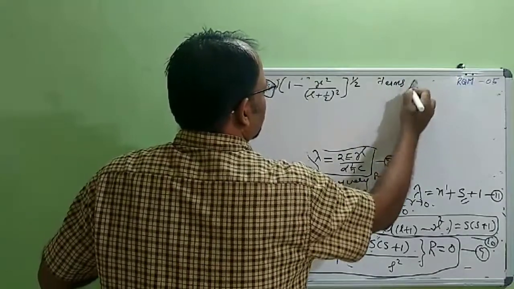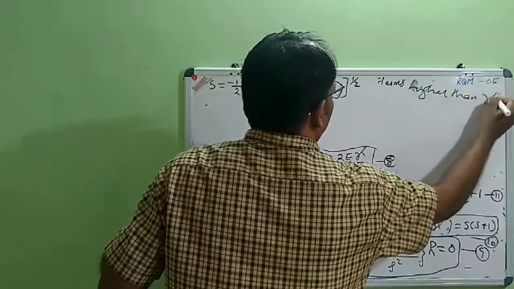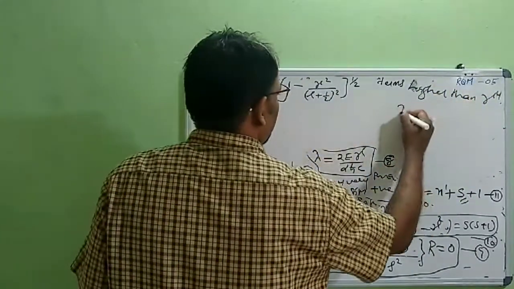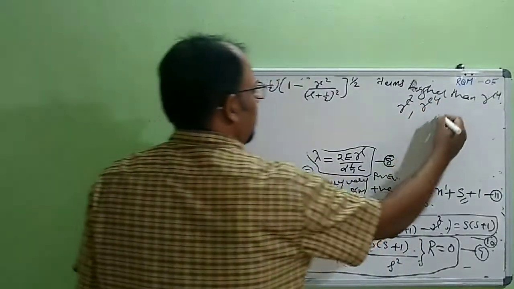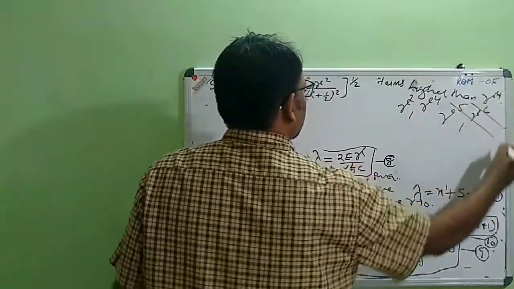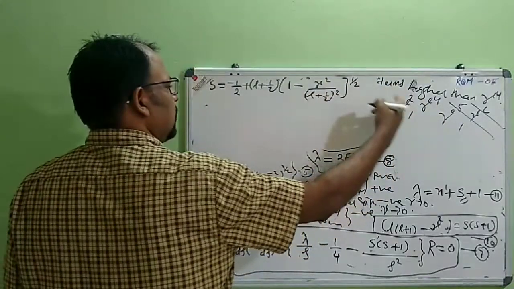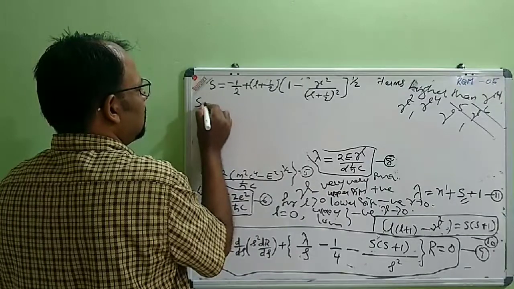higher than gamma raised to 4. I am preserving the terms up to gamma raised to 4. Gamma square and gamma raised to 4 will be preserved. Gamma raised to 5 or gamma raised to 6, all higher terms are neglected. So considering only the terms up to gamma raised to 4, we can expand this as S